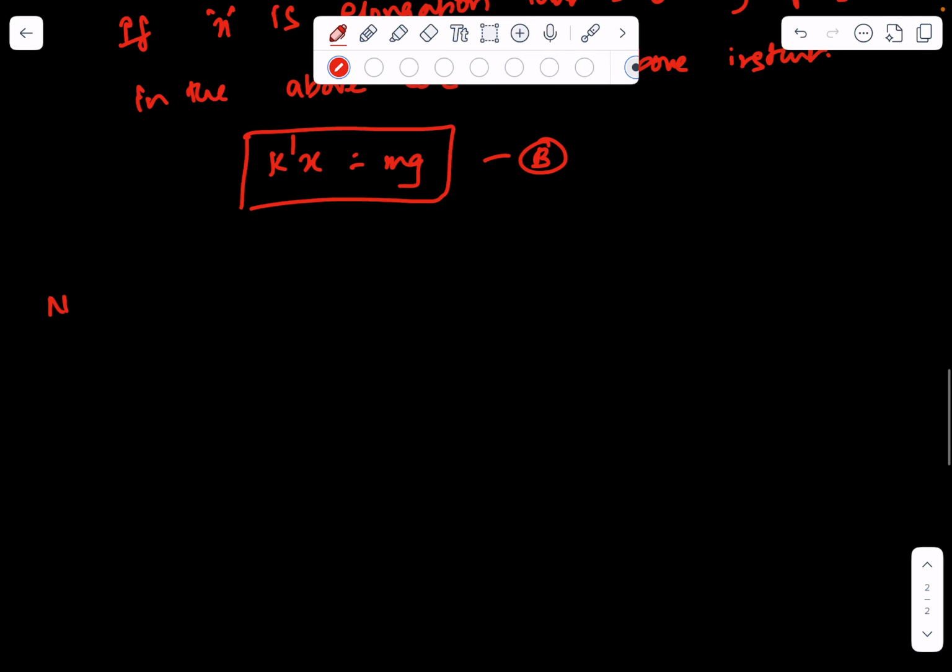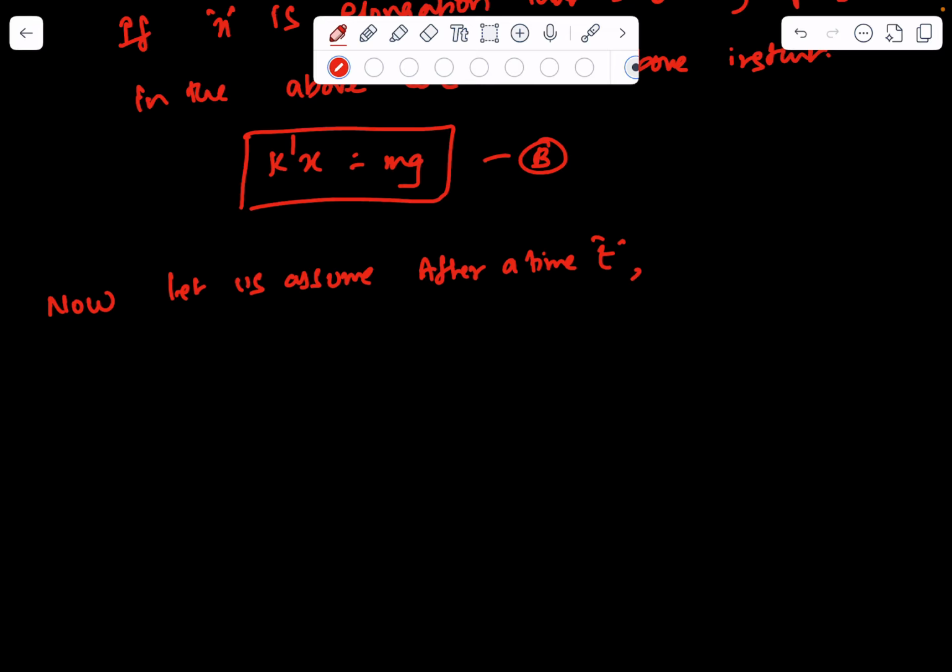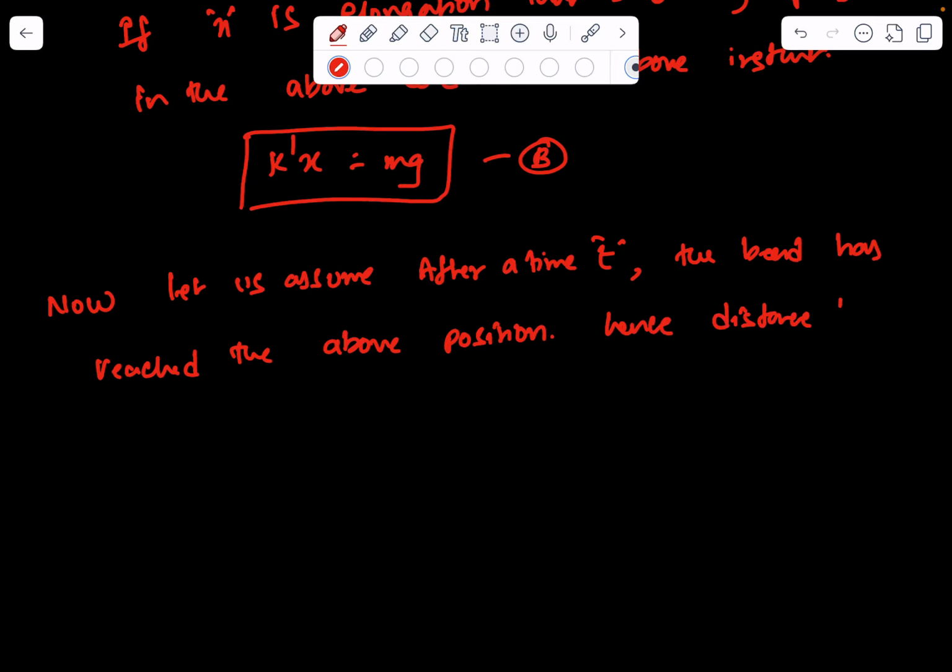Now, let us assume after a time t, the bead has reached the above position. Hence, the distance traveled by the bead will be